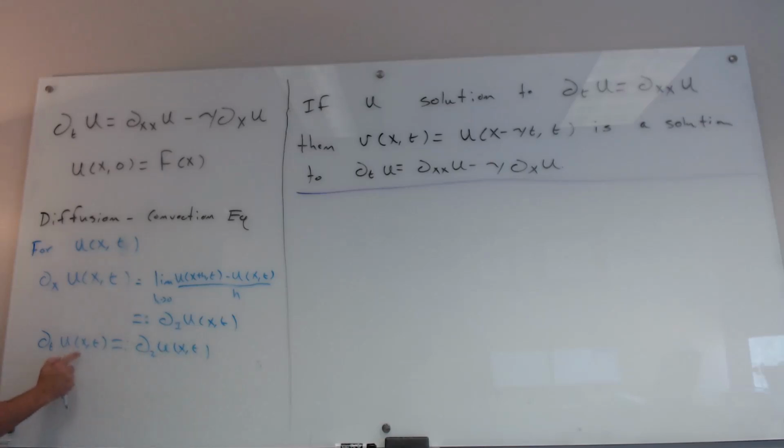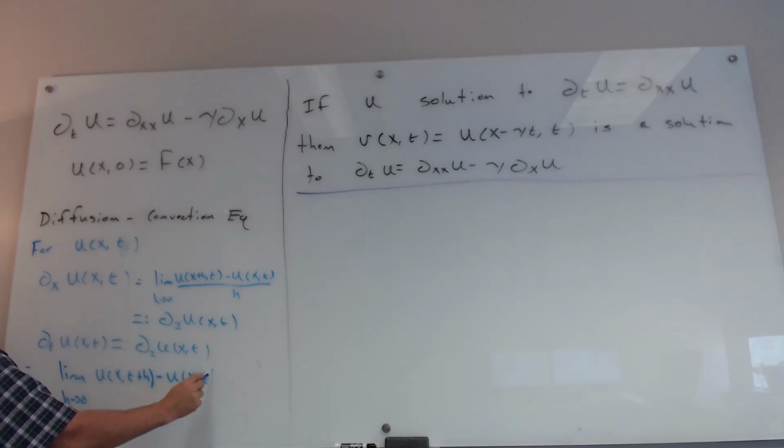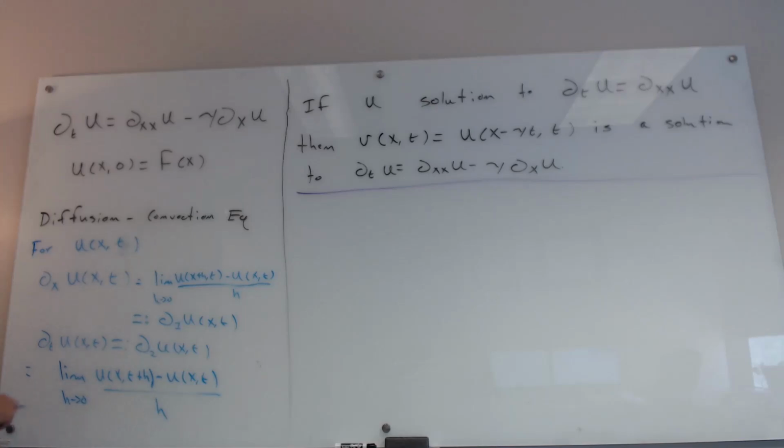It means this second slot is where we're going to do the difference quotient. Let me write it out explicitly: this is the limit as h goes to 0 of U of x, t plus h, minus U of x, t, over h. This is going to be important in a little bit when we apply the chain rule,